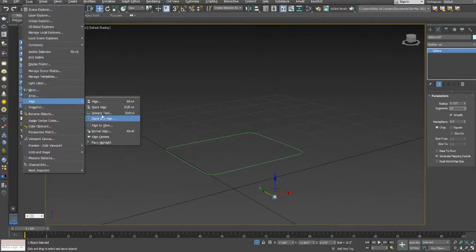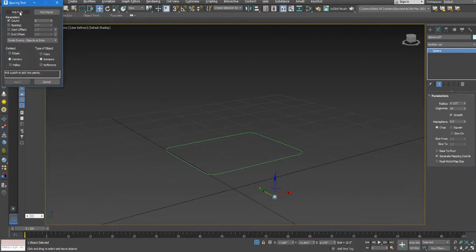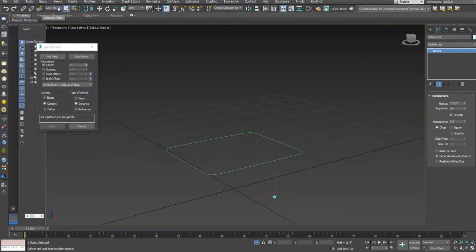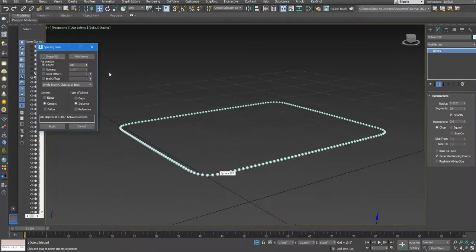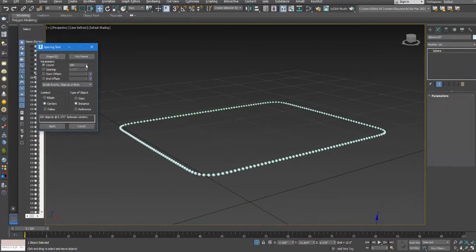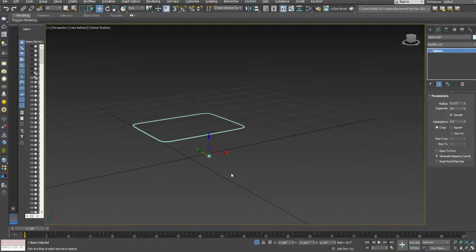Tools, align, spacing tool, pick path, 200, instance, let's say 380, apply, close, delete this one,